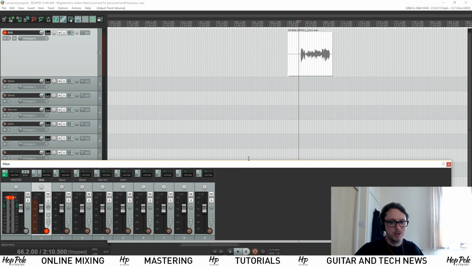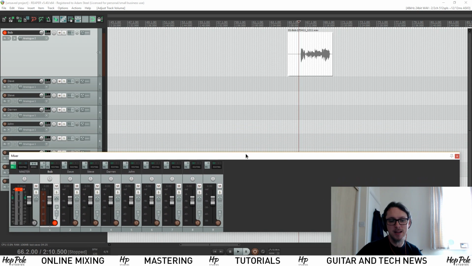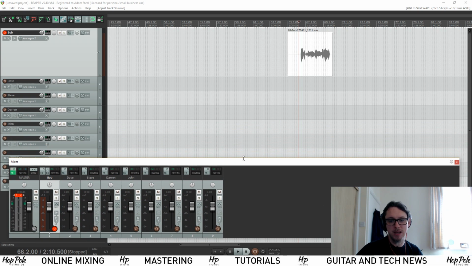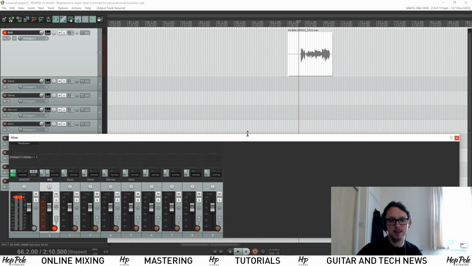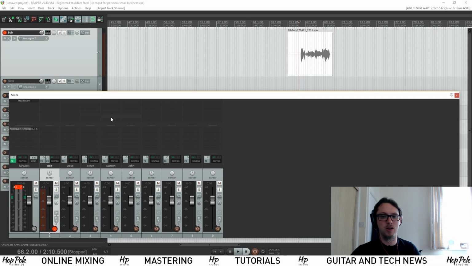Okay, so that's great. And we can do that on several channels, and suddenly we're starting to pull a mix together. Now, there is more to this mix window that is hidden. The reason I've popped this out is that if I make this bigger by just dragging it larger, you can see that more appears, and this is the heart of what I call mixing,